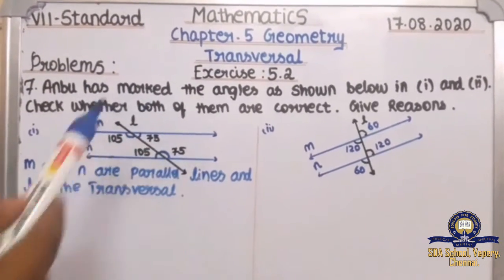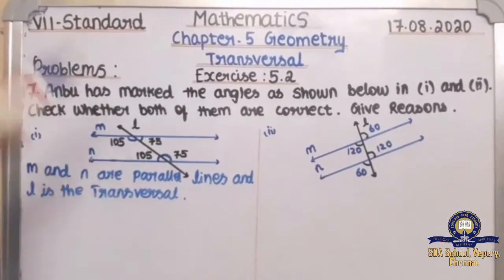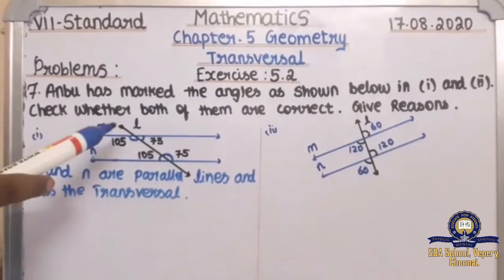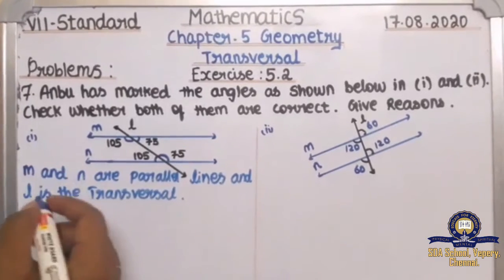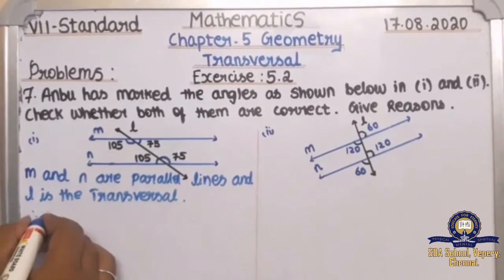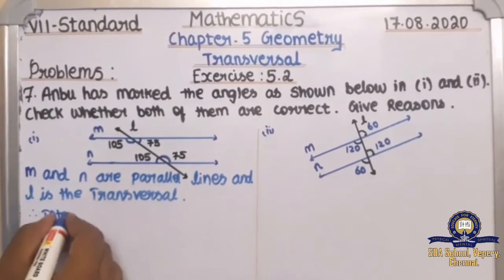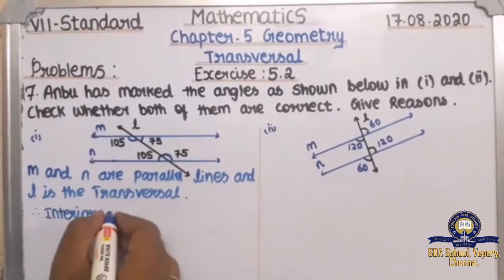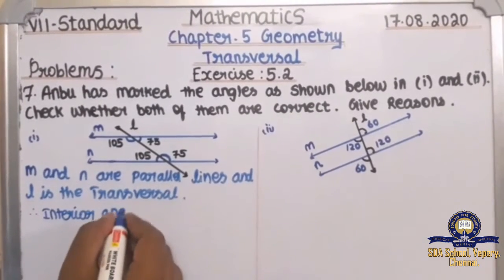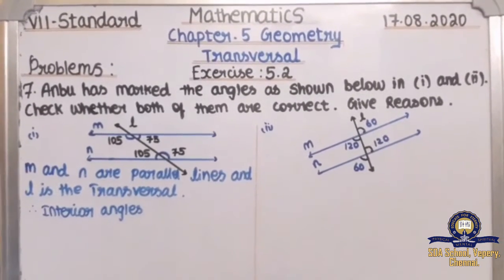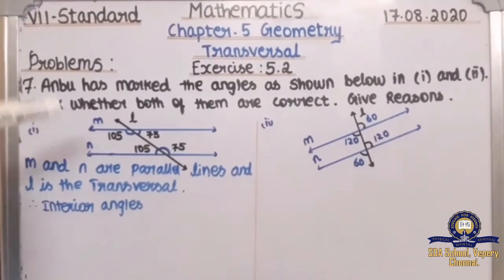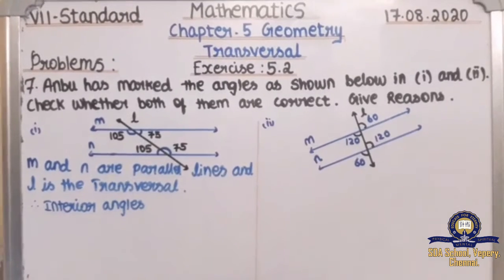The pair of angles marked on the same side of the transversal and lying between the lines M and N. Therefore, it is known as the interior angles. From the definition, we can conclude when two parallel lines are cut by a transversal, each pair of